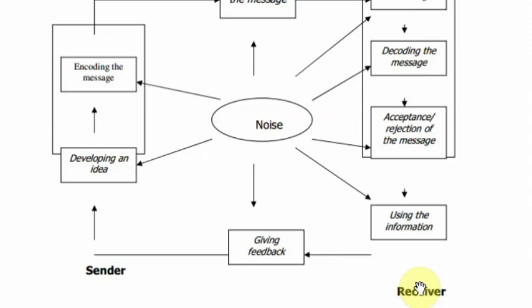If everything goes well, the receiver receives the message and gives the feedback. That's it. This complete thing is called the process of communication. There is the possibility of obstructing something. When something obstructs this process and the flow of communication between sender and receiver, it is called a barrier. So they are called communication barriers.